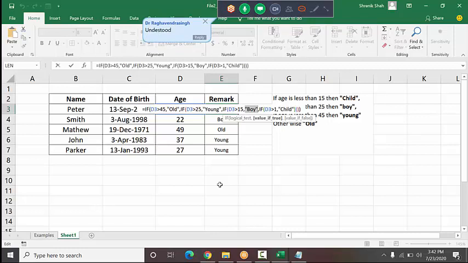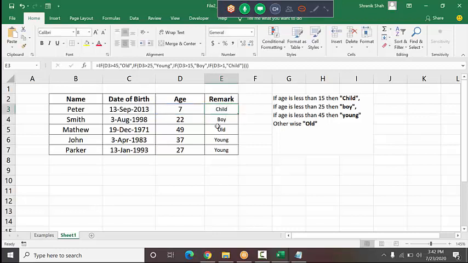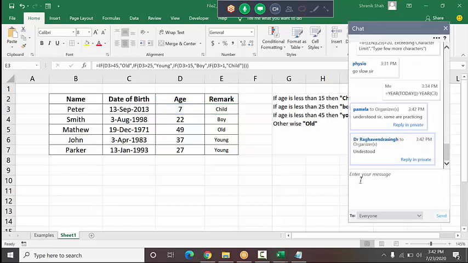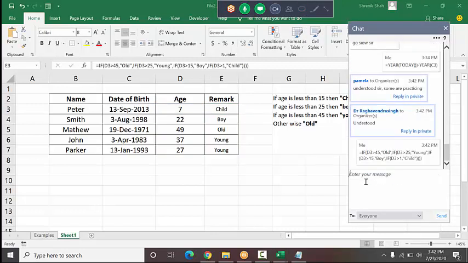Okay, so I know to learn these functions, we need to spend more time, right? So after this session, you work on it again and see how it works. So here is the remark I print. This formula I paste in the chat box. You can keep a note on that and you also try practically.